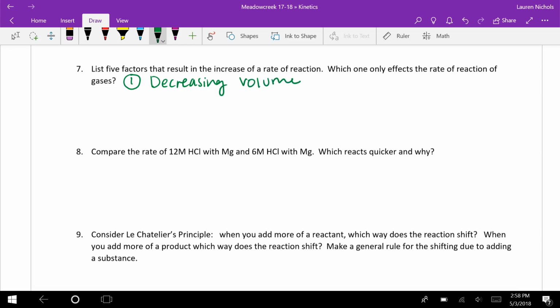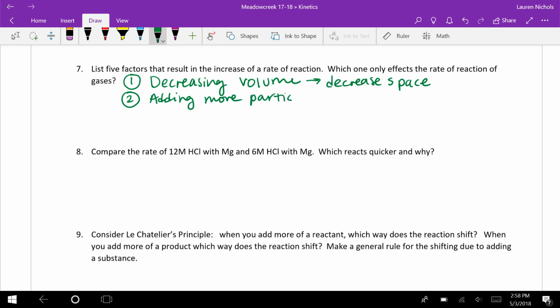This is because if you decrease the volume, that means you have a decrease in space, or a smaller amount of space. If you have a smaller amount of space, then you'll have more collisions, and more collisions mean more reactions, and it'll go faster. The second one is by adding more particles,